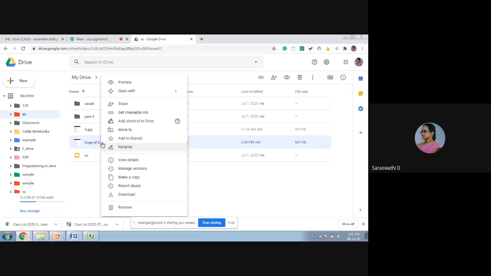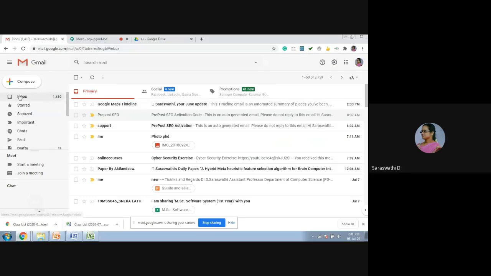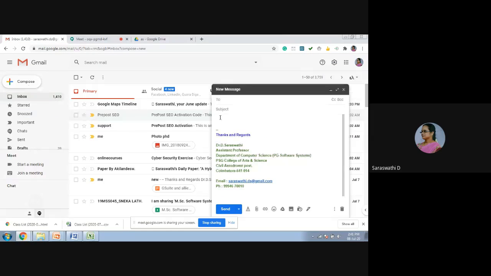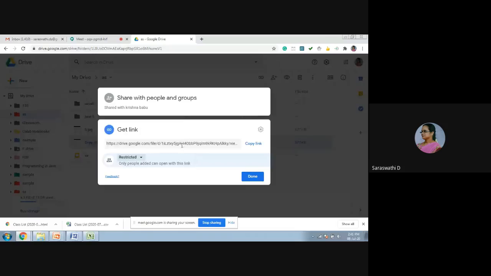The next one is you can also get the link of that file. If you want to get the link, you just click on that. You get the link. Just press the copy button. So the link is copied. And if you want to restrict the file, here you have the options whether you want to restrict it or make it visible to all. So that is the option. And you can just copy the link and send it to anybody. This is the share with your options.